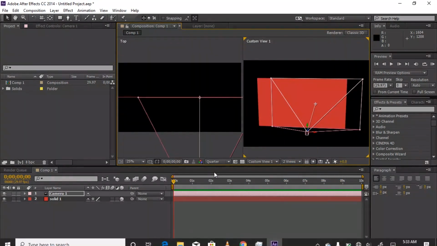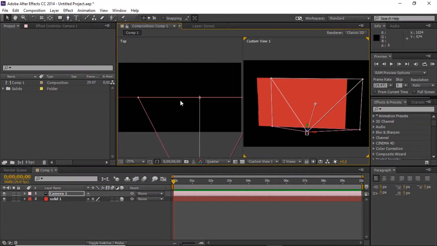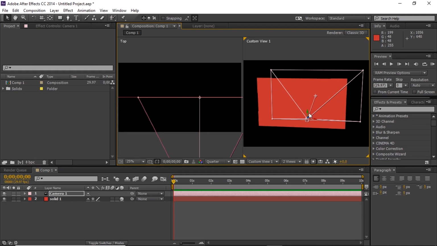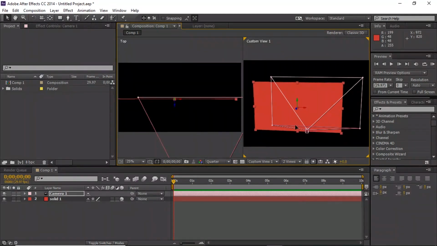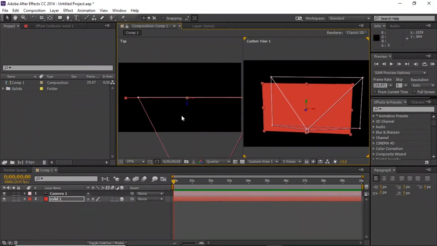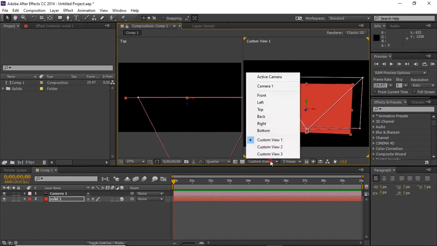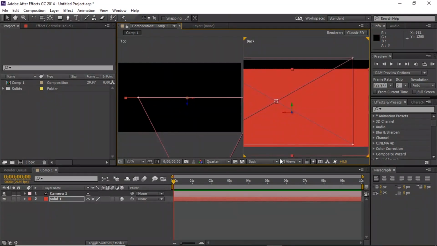So technically this means that whatever we do right here appears right here. So the 3D camera tool is mostly used for a lot of stuff that can actually be done, and it's going to affect your view. So as you can see, this is the edit I'm trying to move. I think this camera is showing us over the top of the camera. I think if I press back,